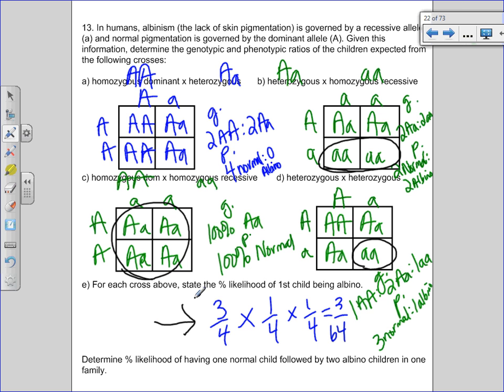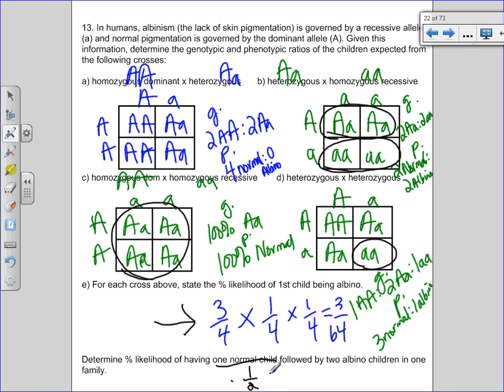So if we looked at B, and it says one normal child, what's the probability of having a normal child in B? 50%, or 2 out of 4, or a half. Okay, so you could write it any which way, but it's easiest when you're doing the product rule to do it in fractions. So one normal child would be half, or 2 of the 4,